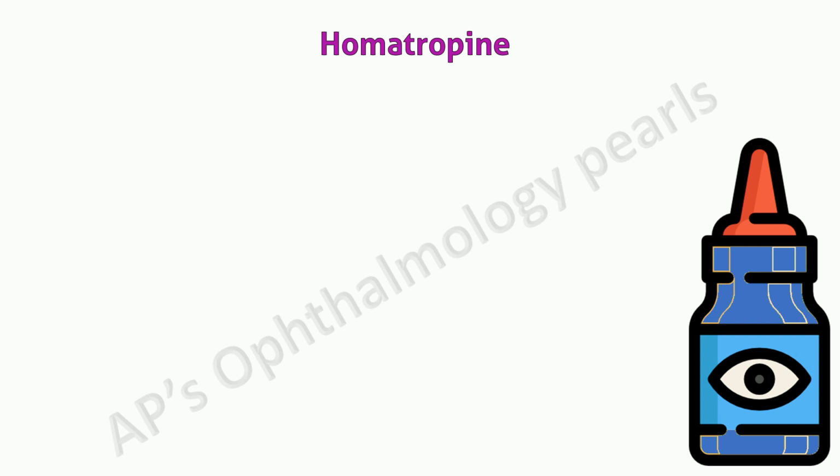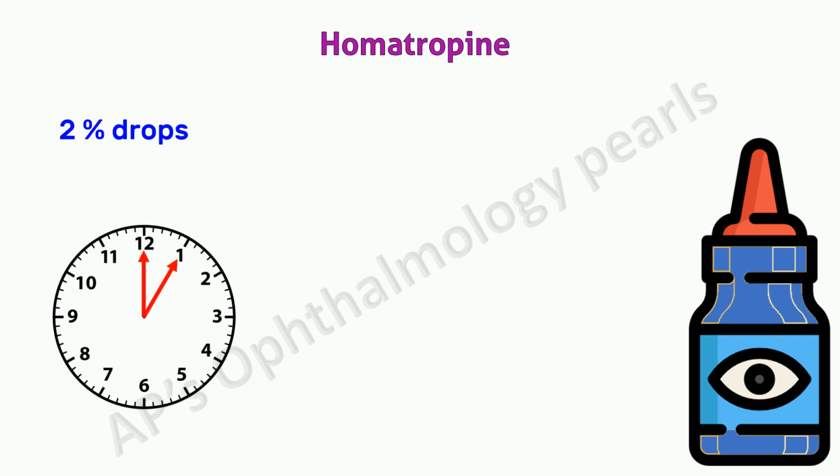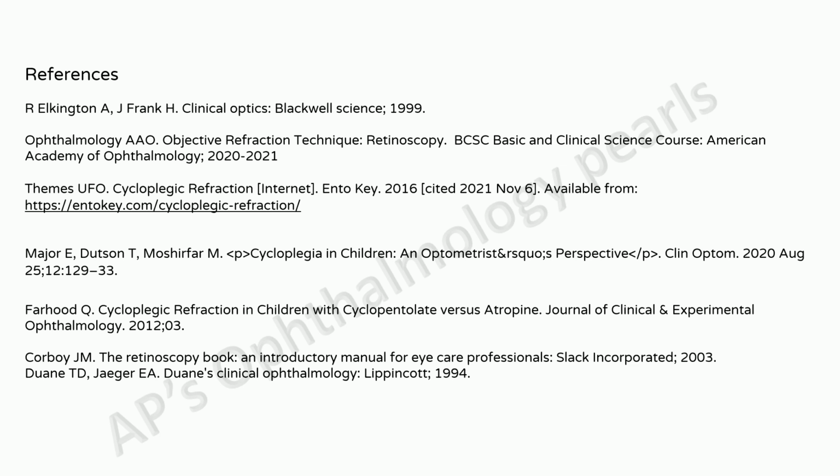Homatropine is used as an alternative to any of the other drugs as a 2% solution instilled as one drop twice 5 minutes apart. Retinoscopy is performed after 1 hour. It is less preferred because of its duration of action of 3 days. Even if cycloplegia is not required, the beginner will often benefit by mydriasis, which makes observing the reflex easier. In such cases, phenylephrine or tropicamide may be used.